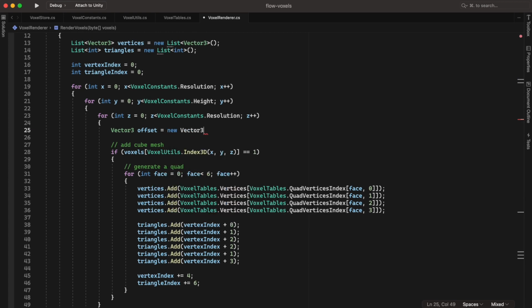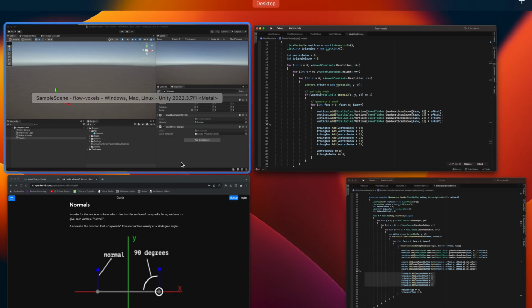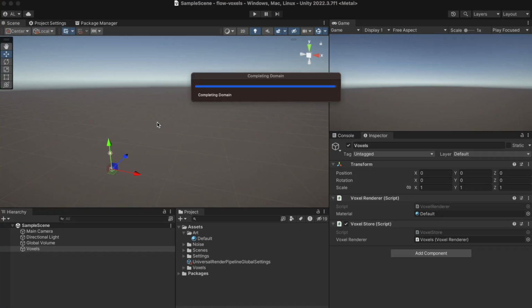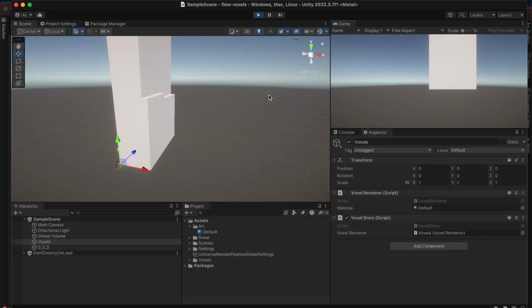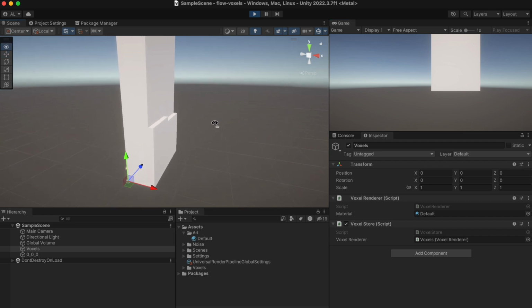Create a new Vector3 with X, Y, Z. Then you just need to add offset, add offset, add offset, and add offset, inside of the add method for the vertices. Now that we've done that, you can click play, and voila, we have a Minecraft chunk, except